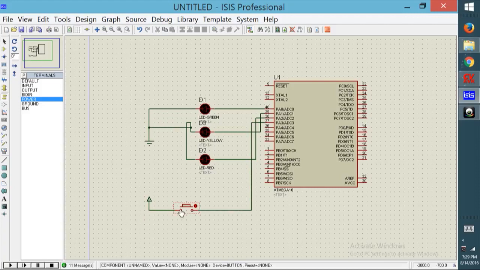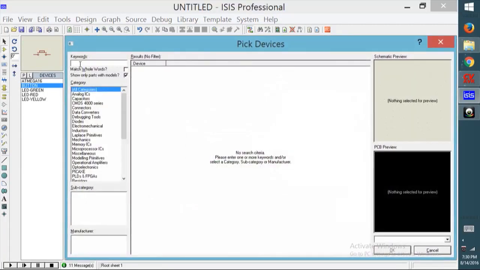Then a problem takes place. If you press the button once, it goes to the higher state. But when we remove the button, it will not get a lower state just because it is not connected to the ground. So in order to give it ground, we have to draw a pull-down circuit. To make a pull-down circuit, we will use a resistor.